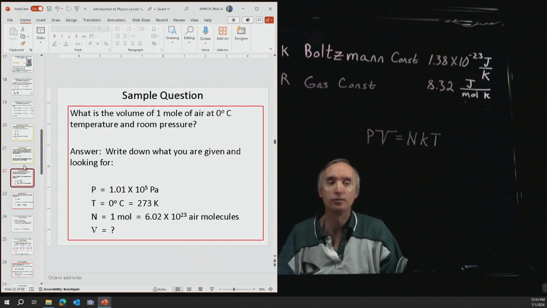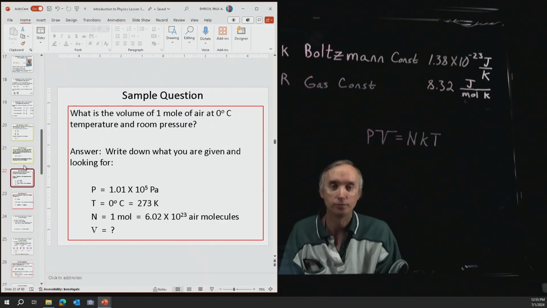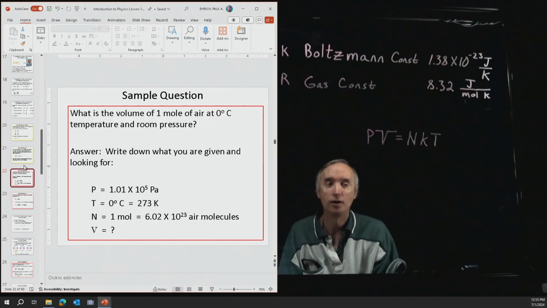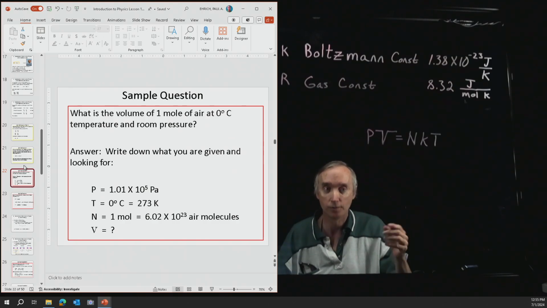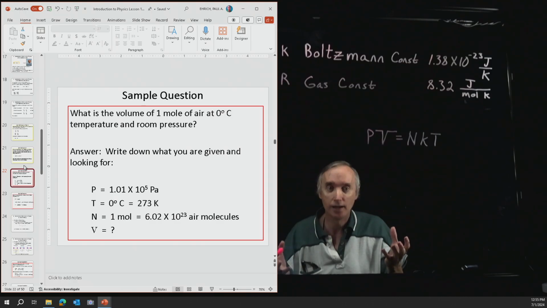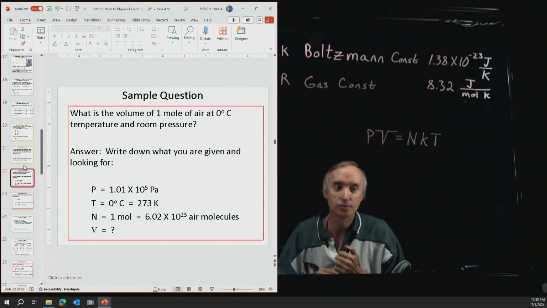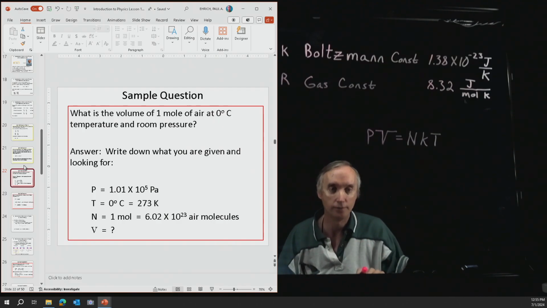So we're going to write down what you're given and what you're looking for. So the pressure of 1 atmosphere, so the pressure that you're feeling right now, is approximately 1.01 times 10 to the 5th pascals. So you could look that up on the internet. So that is 1 atmosphere of pressure. Okay, then the temperature is going to be 0 degrees Celsius, but we need to convert that to Kelvin, because